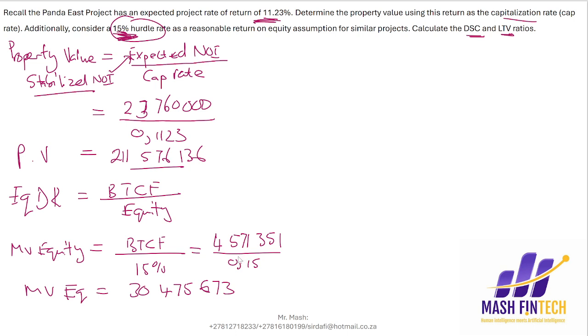Now, the question is asking us to calculate the debt service coverage and the loan to value ratio. The debt service coverage ratio is calculated using the net operating income and the debt service. Okay, so this part is pretty straightforward. The net operating income, we calculated this already. This is the net operating income. We got this as this one. We have this value